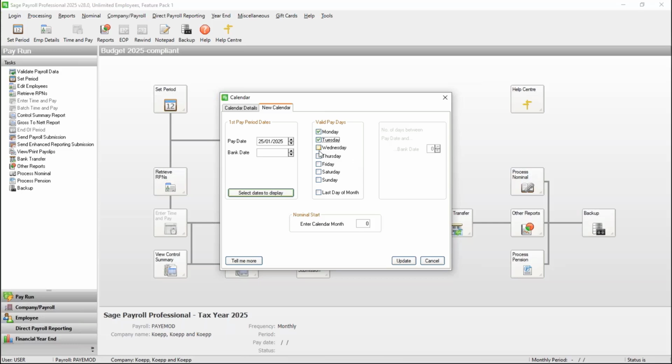But I also then need to select valid pay days. So my employees get paid on banking days, so valid pay days are any dates Monday to Friday. Again, if required, I could set a different bank date. If you leave any of these blank, it will just copy the pay date. So this time I'm just going to set the bank date to the same as the pay date. And if I then click update,